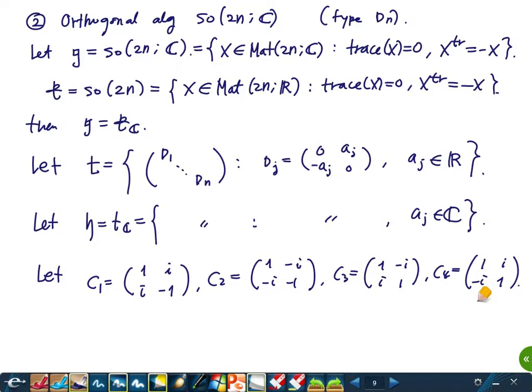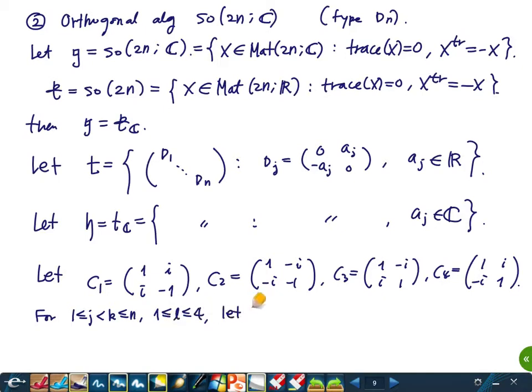That's easy to see: any 2 by 2 matrix can be written as a unique linear combination of these. And we also define, for 1 less than or equal to j less than k less than or equal to n, and l from 1 to 4, fixed numbers,